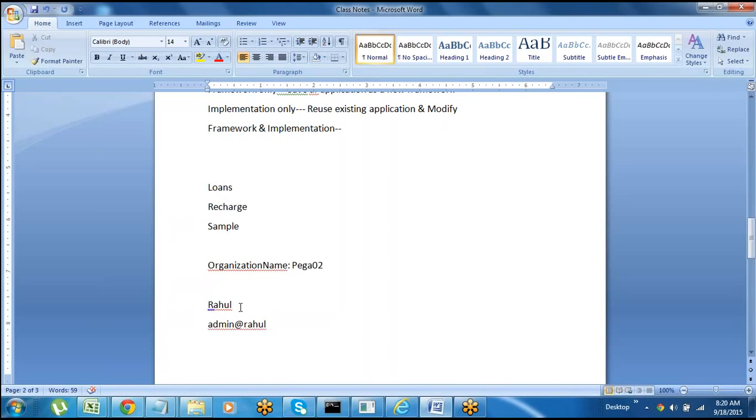Based on the organization name you give, the operator ID will be with that name. So in my application the login ID is admin@Pega02 and the default password is rules. How to change it and all, I'll show later.